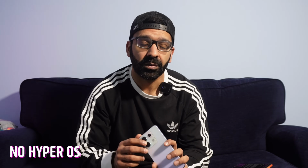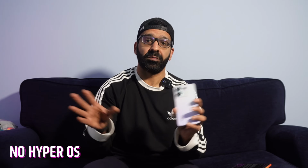So the Redmi Note 13 Pro, there is so much to like. Design and build, price tag, performance, cameras. In general, there's not much wrong here with the Redmi Note 13 Pro. I mean, if we talk about things that we would say are a miss, I think the biggest miss from our point of view is the fact that it's not preloaded with HyperOS, which is Xiaomi's or Redmi's, whatever you want to call it, newest OS,